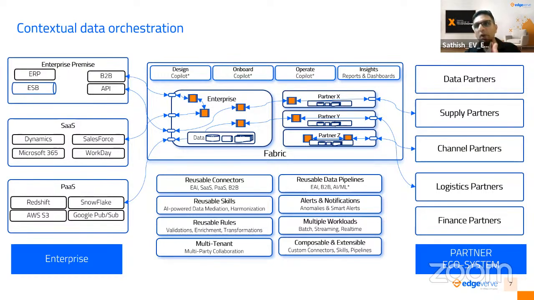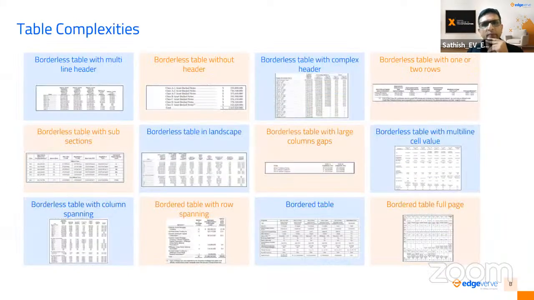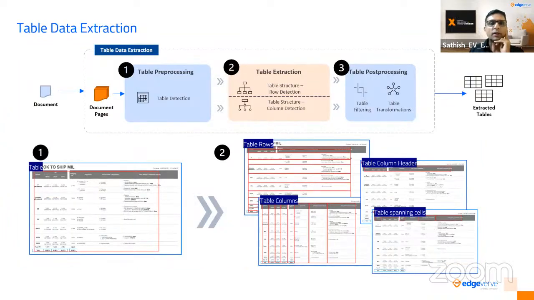So there should be automation through the pipeline, automation enough so that people are able to extract and run through the information by just putting it in. Business users can interact with the system. What is the complexity? The real value lies in tables, and tables come in every single form. Believe me when I say this, we even evaluated large language models. Many of the large language models could utterly fail when it comes to table data extraction. That is where we moved over and built a clear approach.